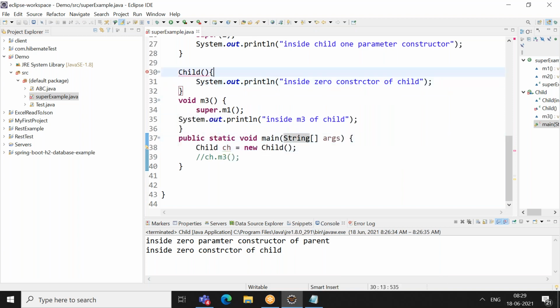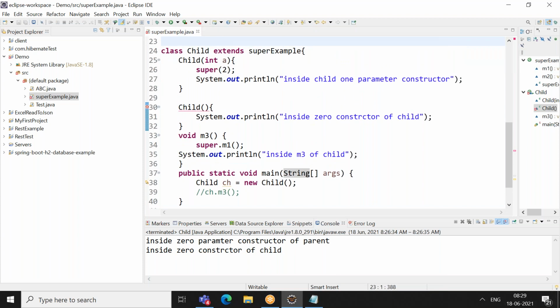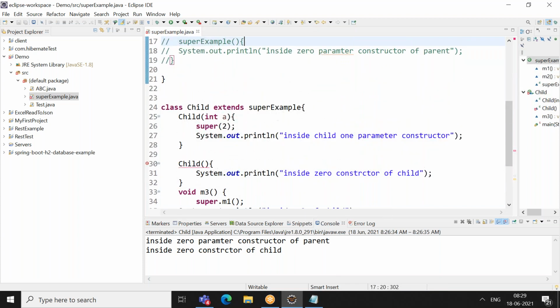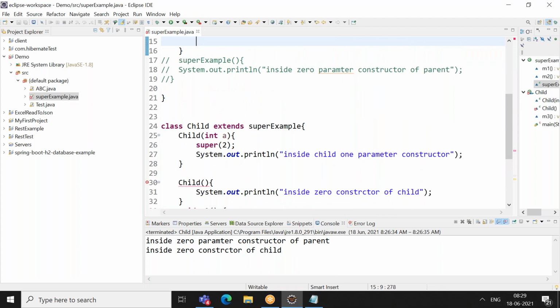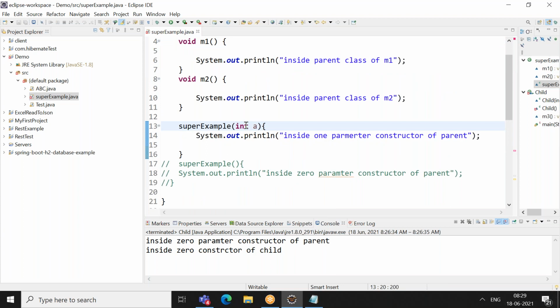The parent class zero parameter constructor we commented out, right? So that is the reason it is throwing an error. Why? Because that parent class zero parameter constructor cannot be created. Why can it not be created? Because you already have one parameter constructor, so your compiler will not create any constructor whenever your class already has a constructor.